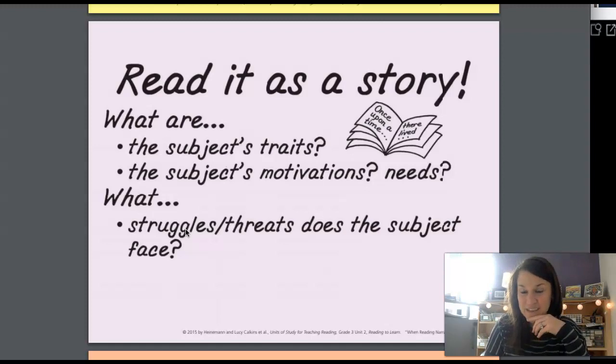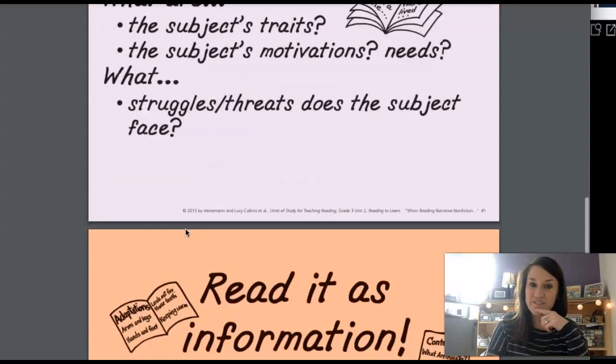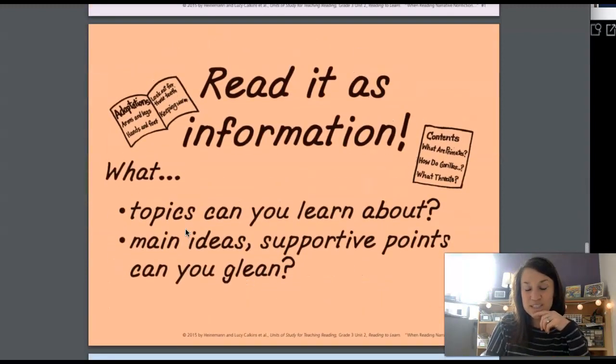But today I want you to rev up your mind a little bit differently. Because remember, narrative nonfiction is not just a narrative, but it is also nonfiction. So today we're going to take a look at the facts that we can find in our narrative nonfiction text. And what I really want us to focus on is